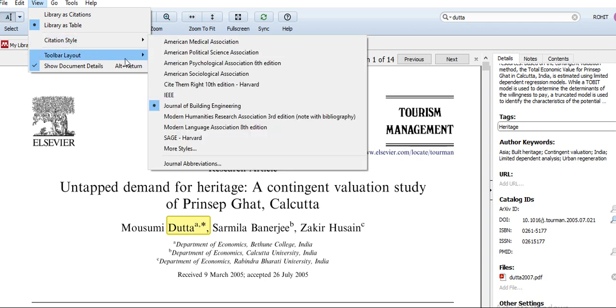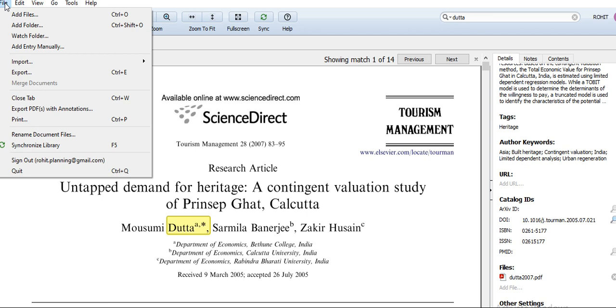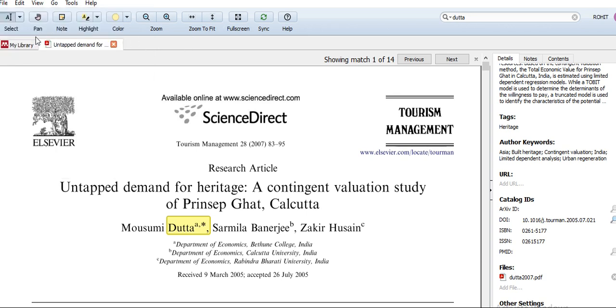In Mendeley, if you see here, you will get all the styles that are there. You can also download styles of other versions if you want, but by default it will have all of these. Sir has already taught you how to add files and folders and all that. You can also download everything into one folder, click on that folder and add it to the watch folder. Whenever you download something into that folder, it will automatically get added to your Mendeley. That is the watch folder option, which is a good option.